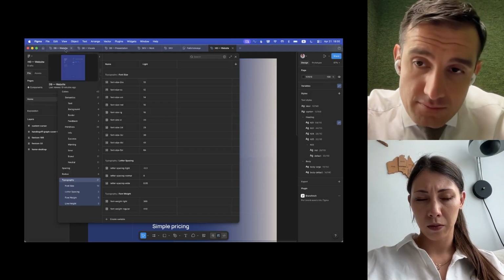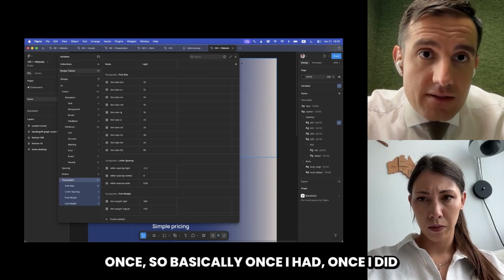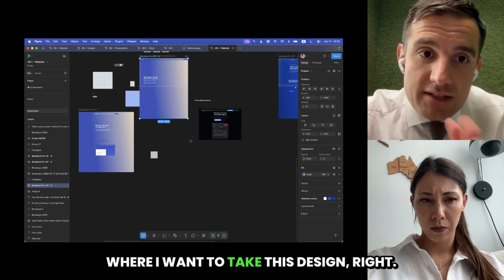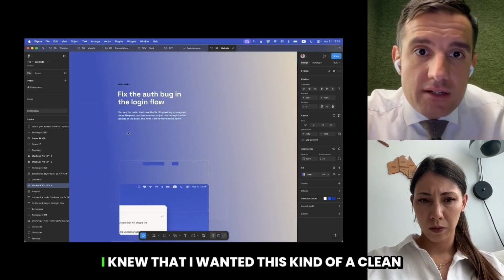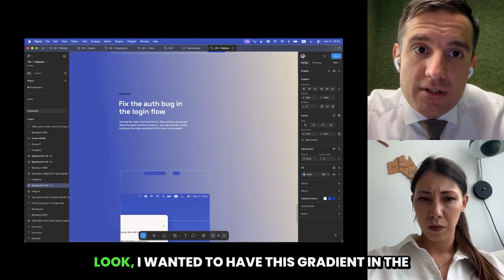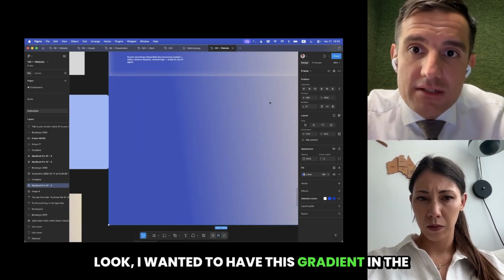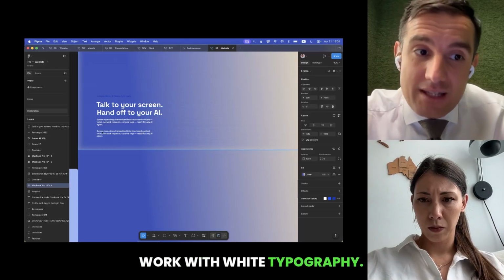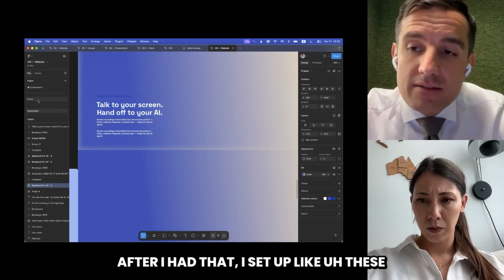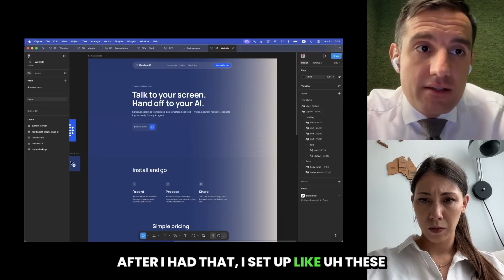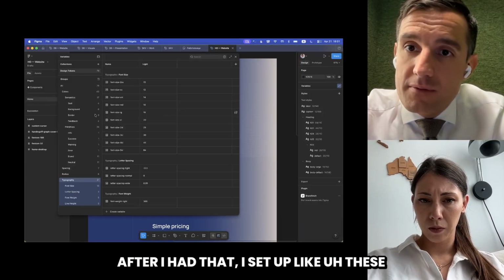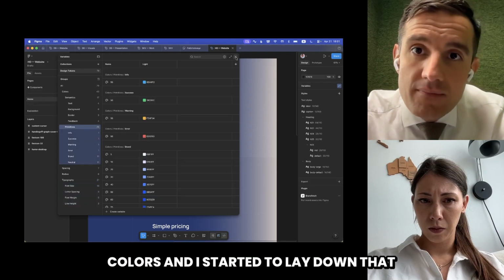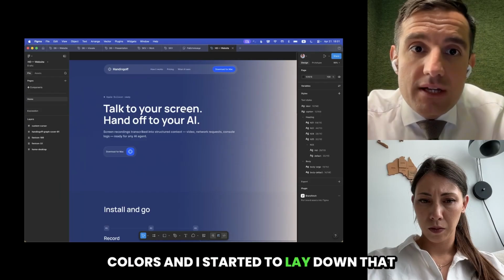So basically once I did the exploration and I knew where I wanted to take this design, I knew that I wanted this kind of clean look. I wanted to have this gradient in the background, and I also wanted to make it work with white typography. After I had that, I set up these variables with the sizes and the colors,